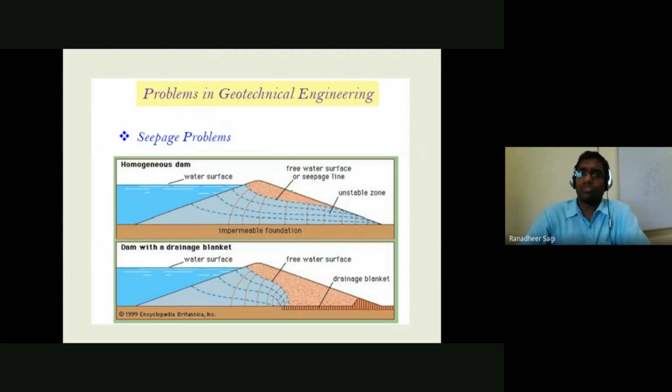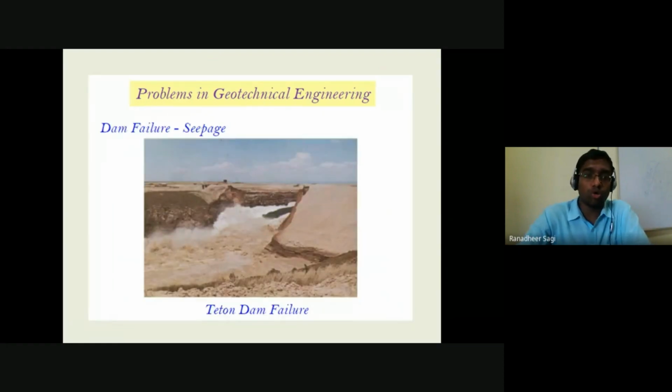And you would come across seepage problems in the case of your earthen embankments, where flow would happen through the cross section of the earthen embankment. So how proper filters are to be designed to avoid the failure of that earthen embankment because of the continuous water which is trying to flow from upstream to your downstream.